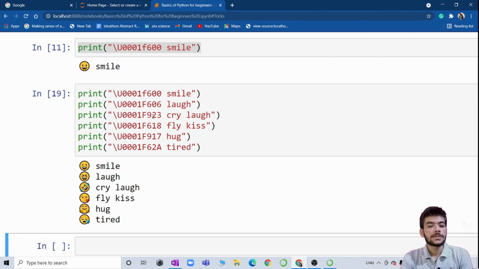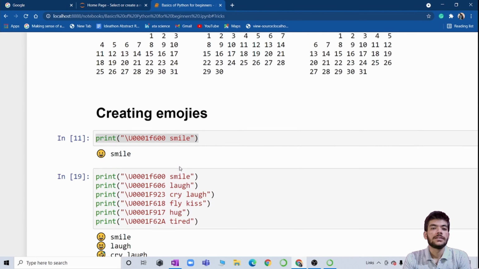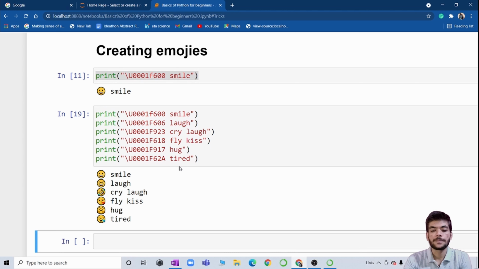So these are some codes. Here you can see all the output. I have printed 5 to 6 emojis here. You can see this output. Firstly, we have seen importing calendar. Now we have seen creating emojis.